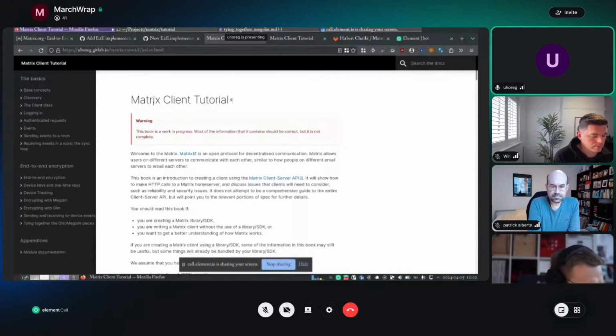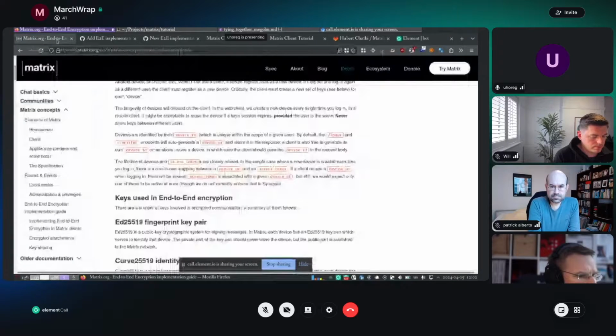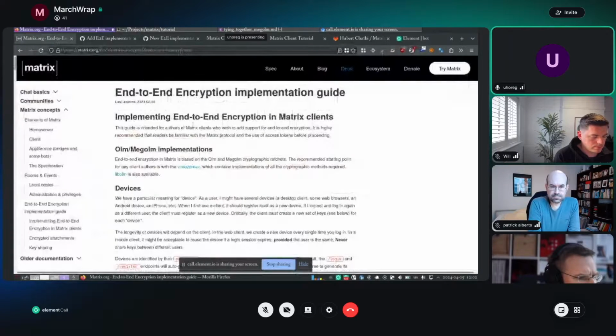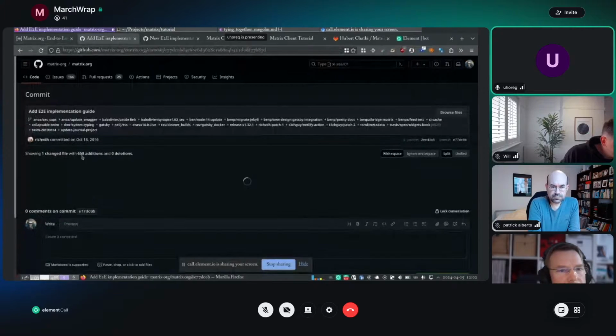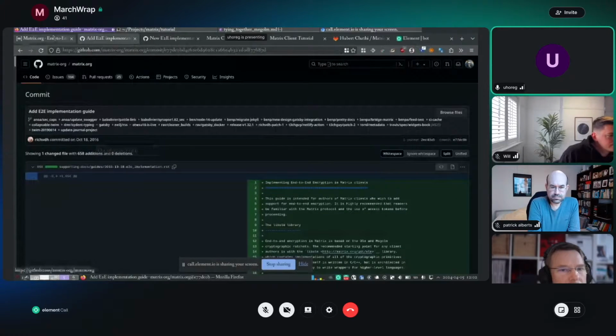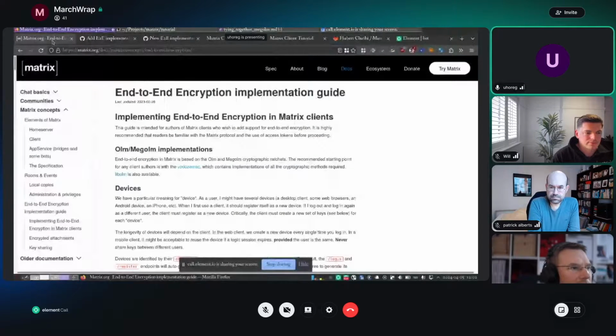So it was mostly due to wanting to redo the existing end-to-end encryption implementation guide. The guide was originally written in 2016 by Rich, and it mostly hasn't changed very much since then. And yeah, there's been a lot of stuff happening since then